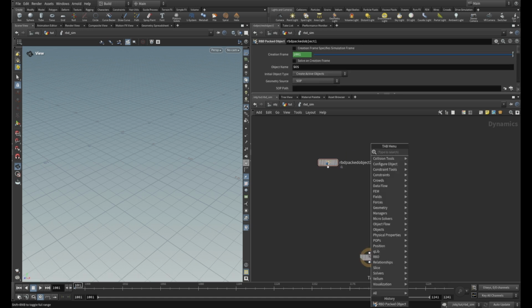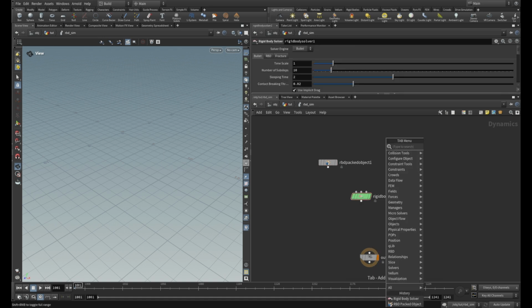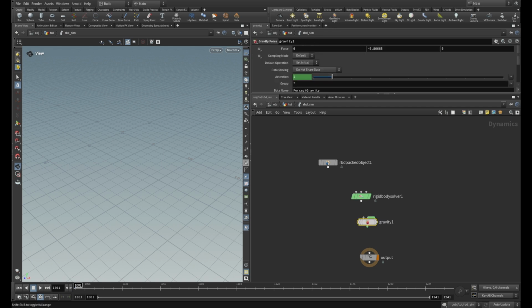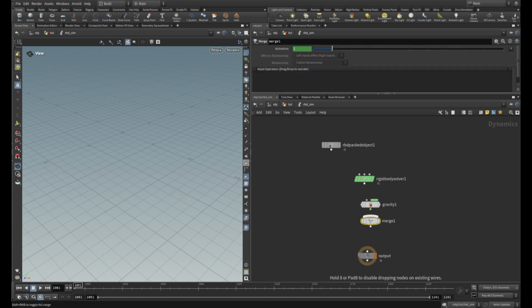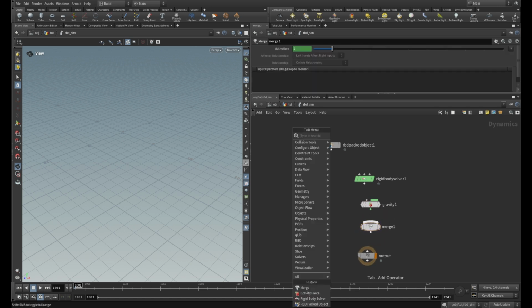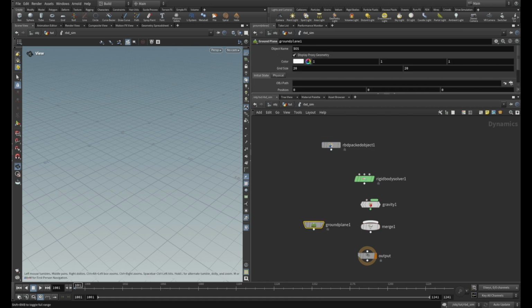We need here rigid body solver. We need here gravity. And also the merge node. And ground plane, because I like to just drop down my